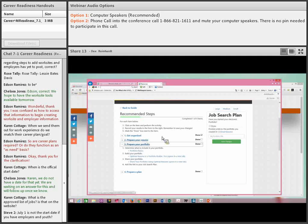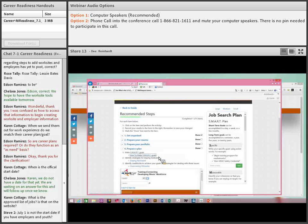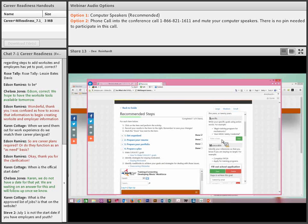And then last but not least, under Prepare a Plan, again, we have the SMART goals. And as we're looking here, what are the SMART goals under a job plan that somebody might add? So maybe the goal is to complete